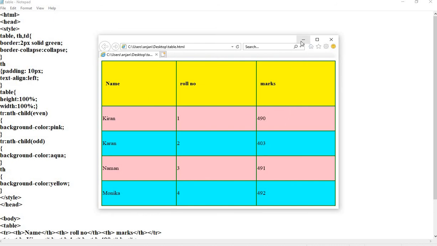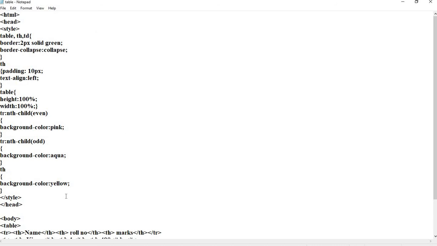Another feature that can be added is, suppose I'm writing th, I'm using the word hover. Hovering means if I take the mouse cursor over it, the color must change.